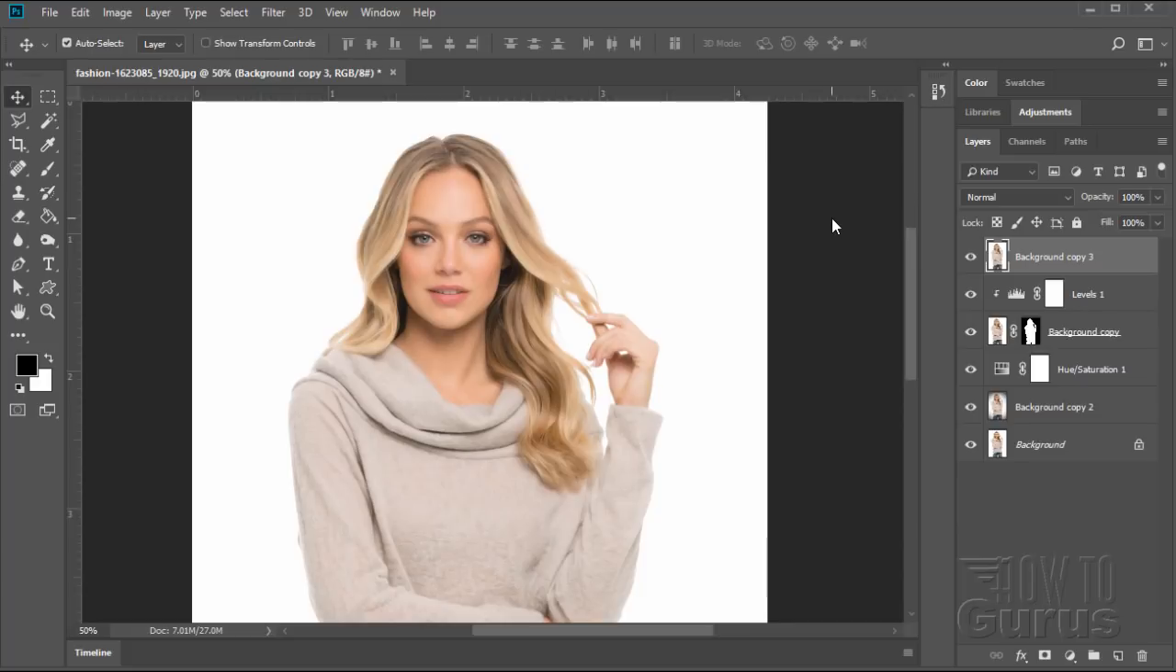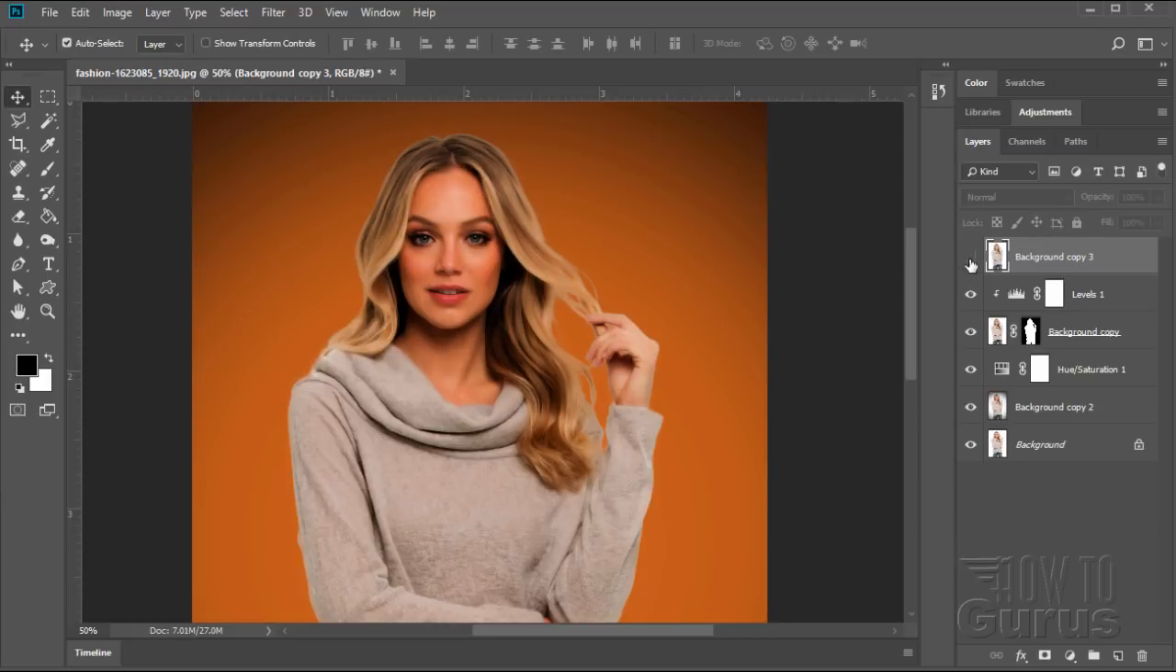Hi, I'm George Pearson. In this Adobe Photoshop video, we'll be taking this white background and adding colorization to it, just like that. It's a nice, easy, straightforward process, but if you know the steps, it'll give you complete control